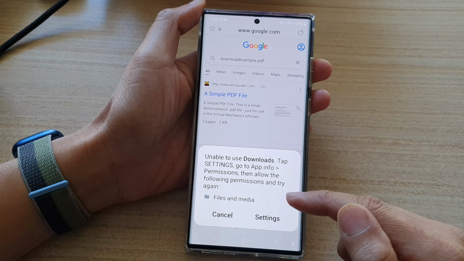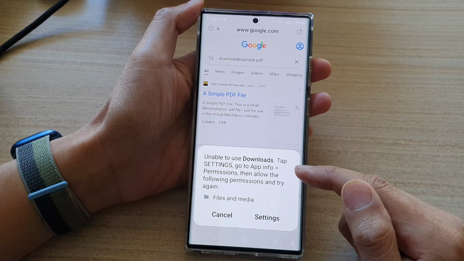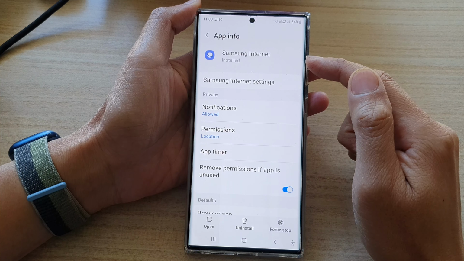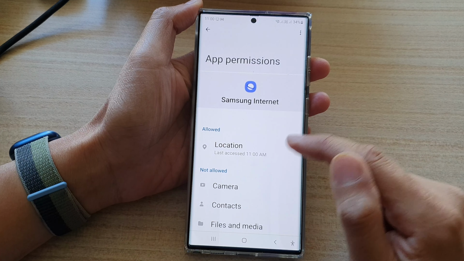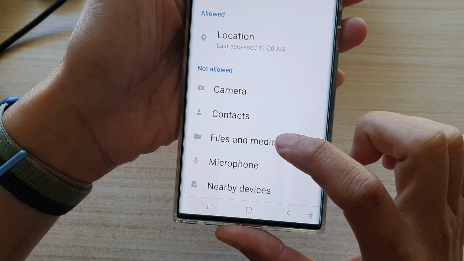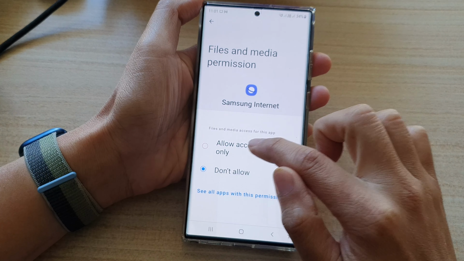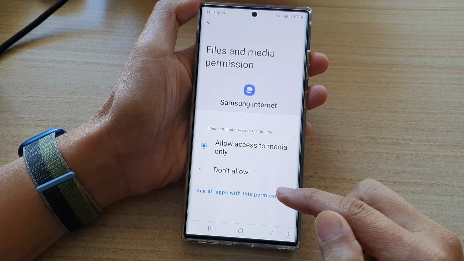So what you want to do is, while you are in your Samsung internet browser, tap on the settings button down here, and then in settings you go down and tap on permissions. Then you go down and you see this icon right here, files and media. Tap on files and media, and you want to tap on allow access to media only, and then we go